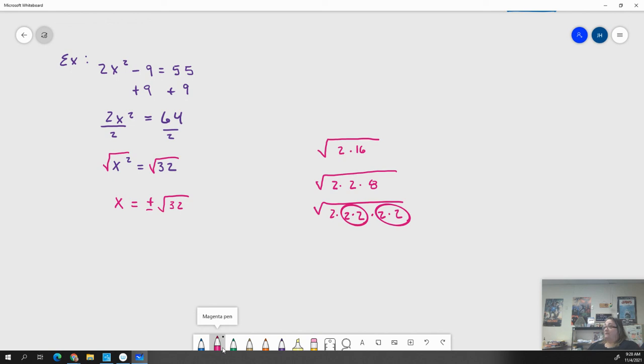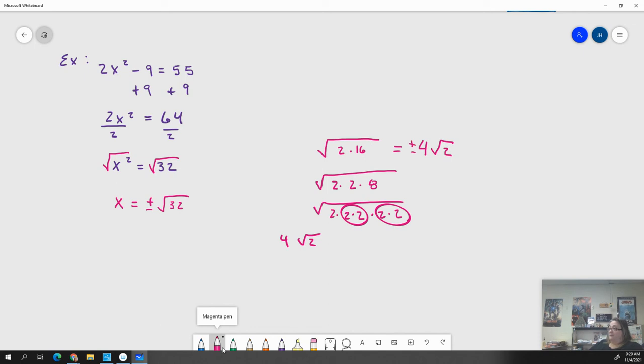And I could pull those out as 4, but I'd still have 1 left and that would have to stay. Or I could use the little cheat sheet I gave you up there where I showed you all the perfect squares. I could look at this first one when I divided by 2, and go, oh, 16 is a perfect square. It's 4 times 4. And I could write this as 4 radical 2,